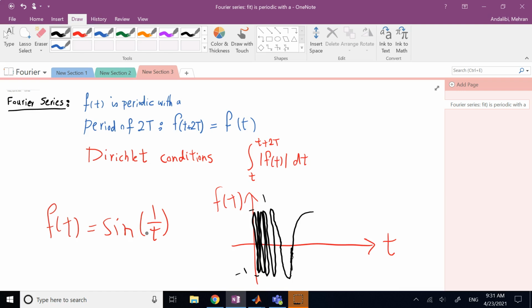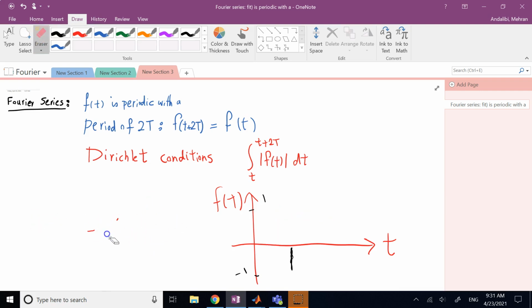And again, the function should not have an infinite number of discontinuities, and those discontinuities should not be infinite themselves. So if you have functions that have vertical asymptotes, correct? So you have a function that is like this, then here you have a discontinuity, but the value of it is infinite. So this function also does not satisfy the Dirichlet conditions. So these Dirichlet conditions, there are three of them again, and as I said, if your function satisfies those,